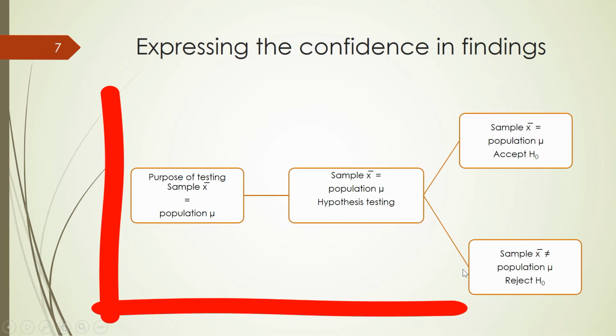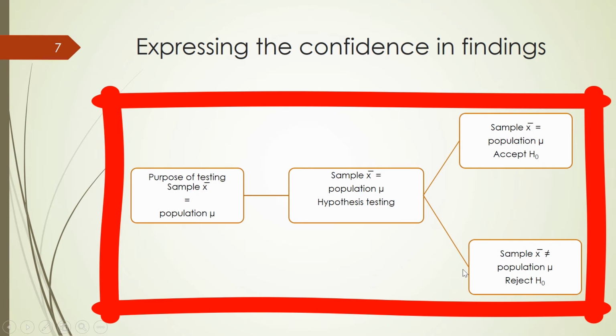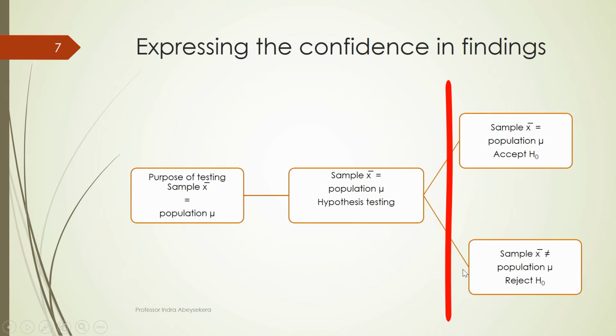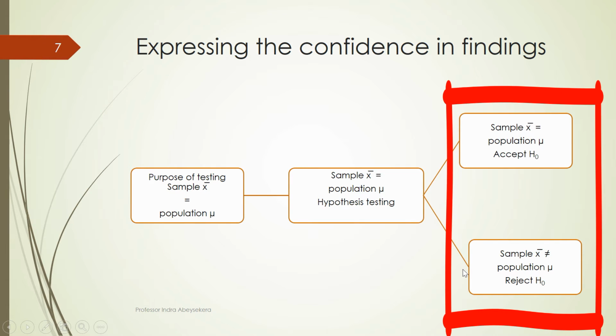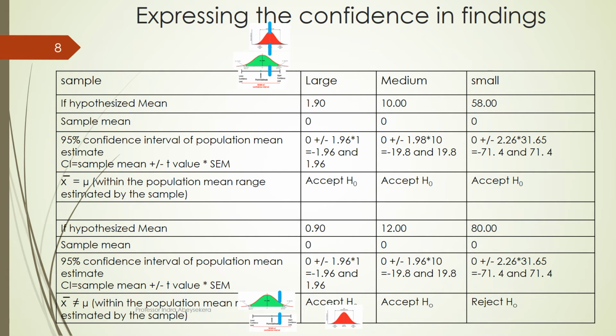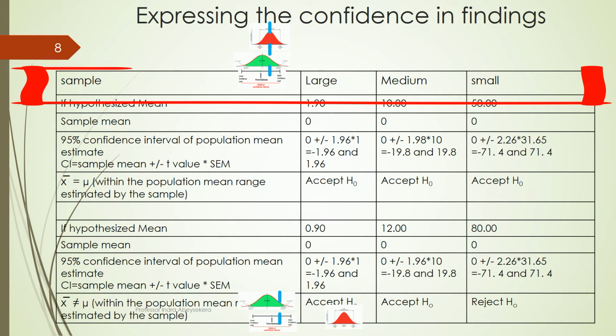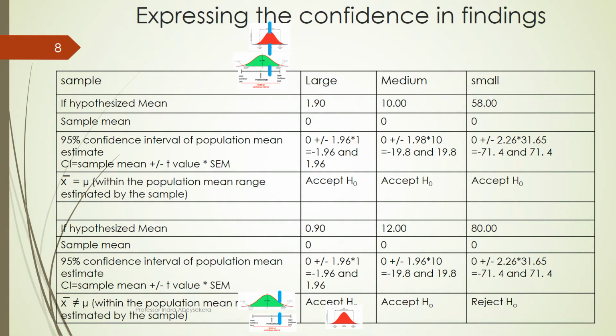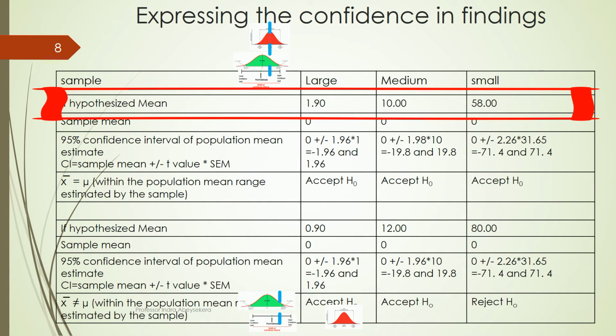Let us now look at, once we have estimated the population mean from the sample mean, how we compare that with the hypothesized mean to see whether the hypothesized mean equals the estimated population mean. We have three samples: large, medium, and small. The hypothesized mean of the large sample is 1.9, medium sample 10,